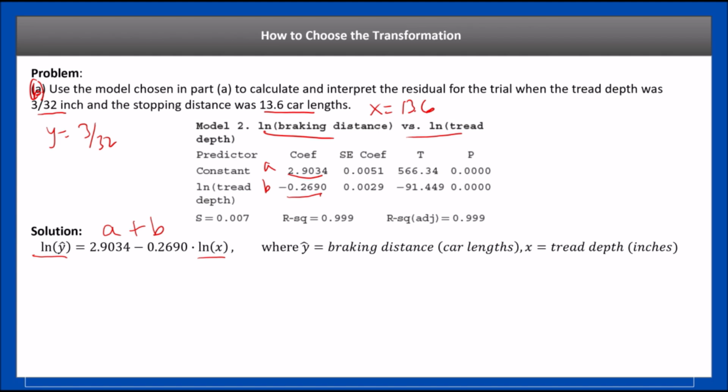It says that we want to calculate and interpret the residual for the trial when they give us those values, right? So it says the tread depth was 3/32 of an inch. So this is my actual tread depth. So we're going to find out where our y hat is by plugging in the